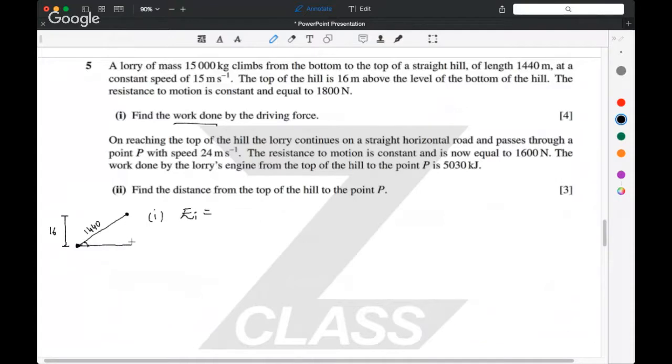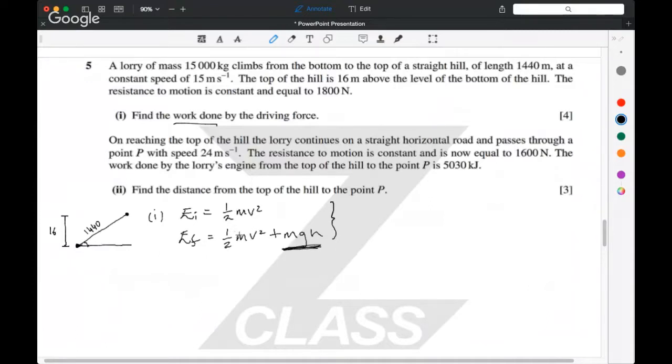Well, it's at the bottom of the hill, so it's got no potential energy, but it's got an initial speed. So its initial energy is 1/2 mv squared. And its final energy, well, it's moving at the same speed, so the kinetic energy is still 1/2 mv squared, but now it's got some extra potential energy. So there was this gain in the